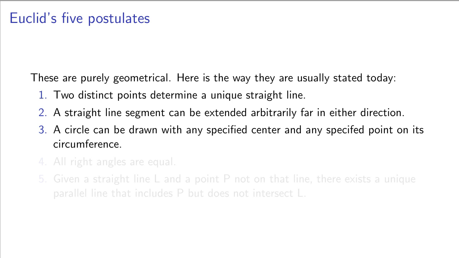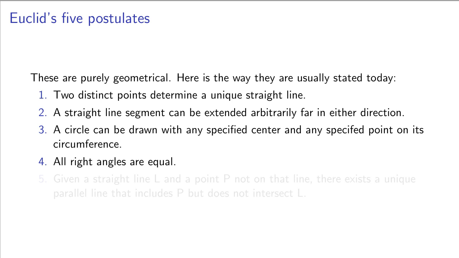Euclid also says you can draw a circle given a center and a specified point on its circumference. We know how to do this in Euclidean geometry by using an ordinary pencil compass. When we get to non-Euclidean geometries, circles will exist, but they won't be as intuitively obvious as Euclidean circles. And we'll have to say, yes, this is a circle because every point on it is at the same distance from the center. The next axiom says all right angles are equal, where a right angle is defined by the property